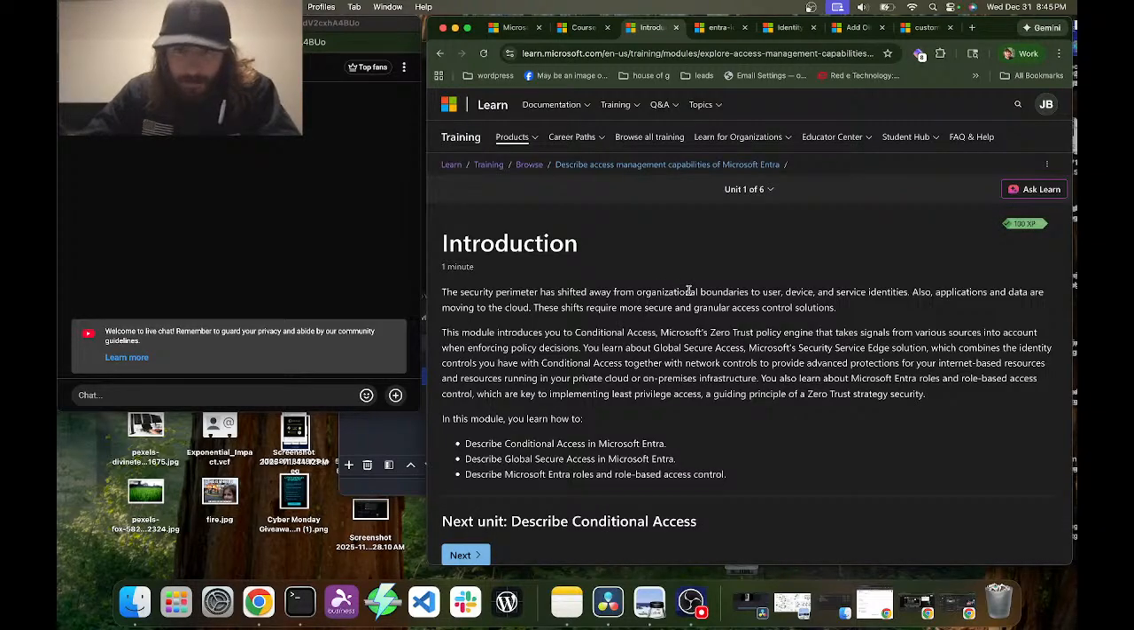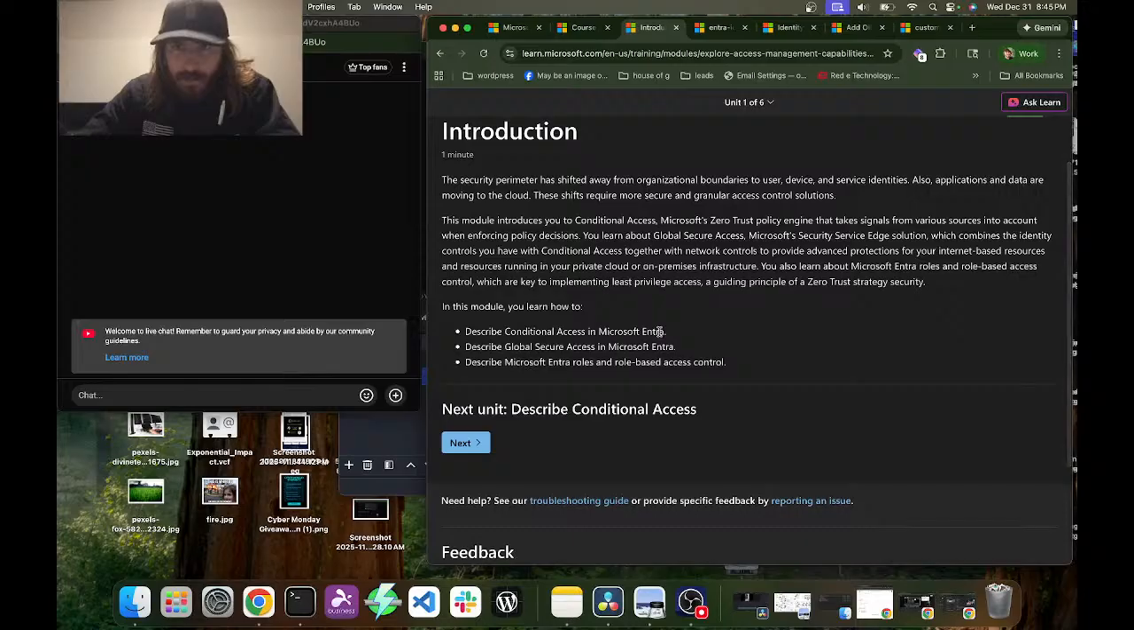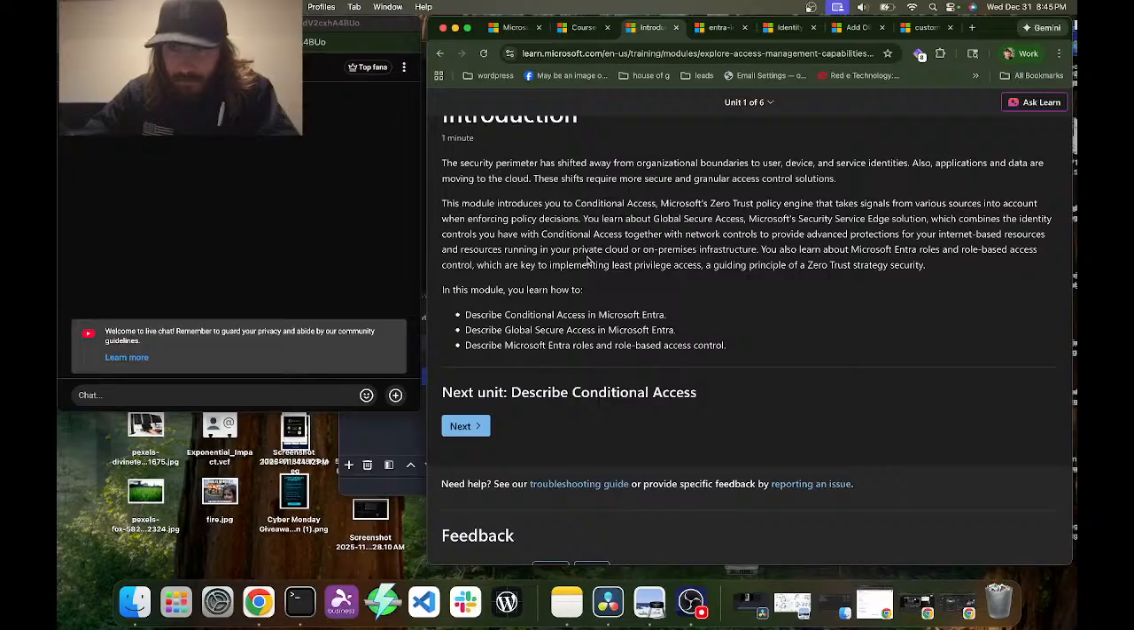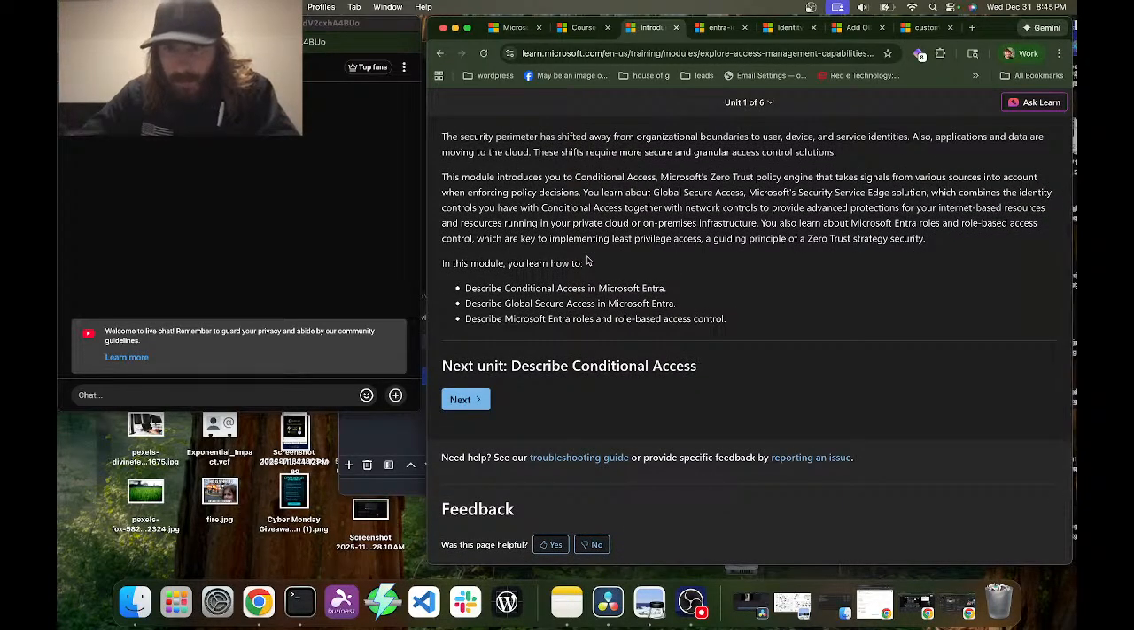The security perimeter has shifted away from organizational boundaries to user, device, and service identities. Also, applications and data are moving to the cloud. These shifts require more secure and granular access control solutions. This module introduces you to conditional access, Microsoft's zero trust policy engine that takes signals from various sources into account when enforcing policy decisions. You learn about global secure access, Microsoft's security service edge solution, which combines the identity controls